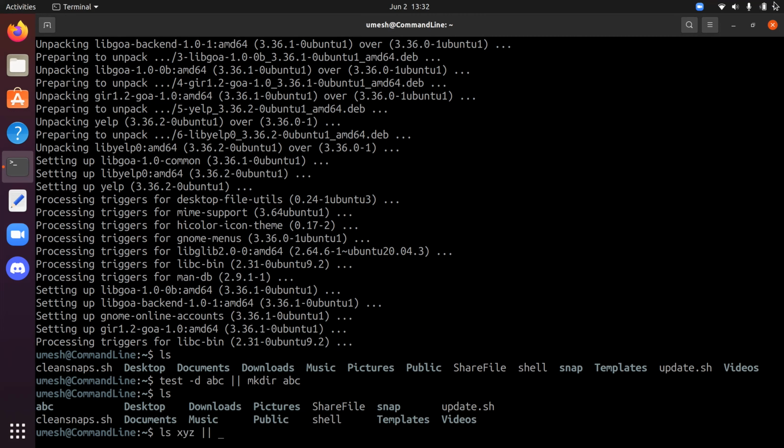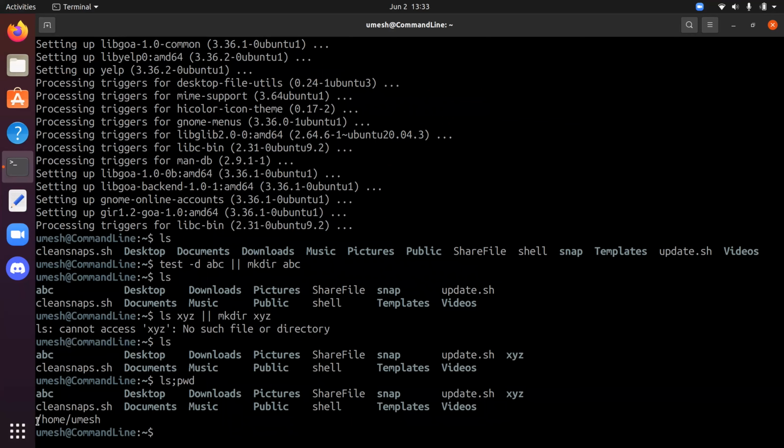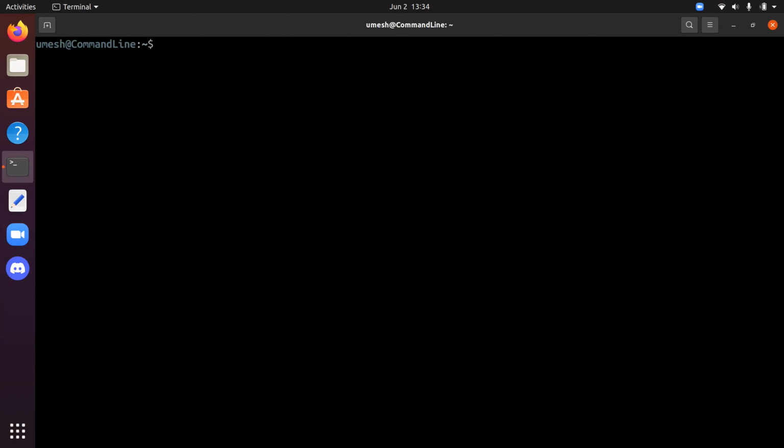XYZ directory. And if you want to run multiple commands without a condition, you could simply use semicolon, ls semicolon pwd. It simply printed or listed files and directories, and in the second line, it printed the present working directory. So all these conditional commands are a simple form of shell script. It's just that we didn't formally organize them as a script in one file, but rather executed them sequentially using the command line. So now let's look at how we can create those scripts.